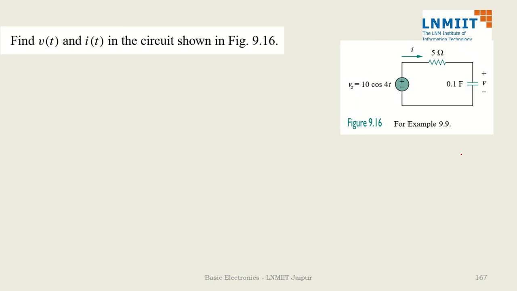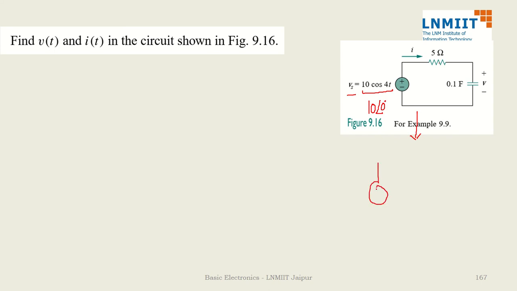Hi friends. So in this video we are going to see how we use the concept of phasors to analyze RC or RLC circuits having AC sources. Here is a simple circuit. There is Vs, one resistor and one capacitor. First of all I have to convert my time domain circuit into the frequency domain, or what we call the phasor domain. So the phasor equivalent of 20 cos 4t is 10 angle 0.